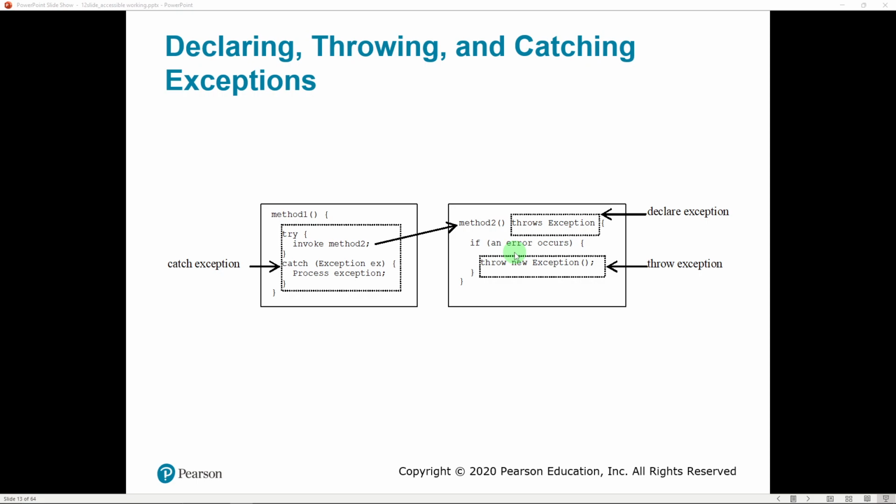We are required to throw this exception if something happens. So we do a check in there. If some kind of error occurs, we're going to throw that exception. And if that happens, it will get caught by the catch block. So defining a method that throws an exception,